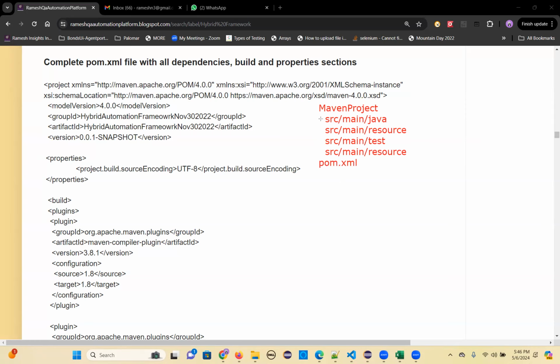So this is the project, and these are the folders you will get, and this is the structure. So this is how your project will be. I'll show you how to create this Maven project, and then in the pom.xml you will define all